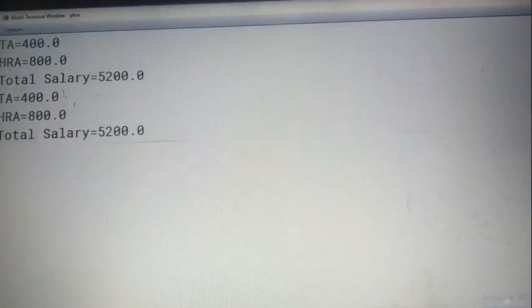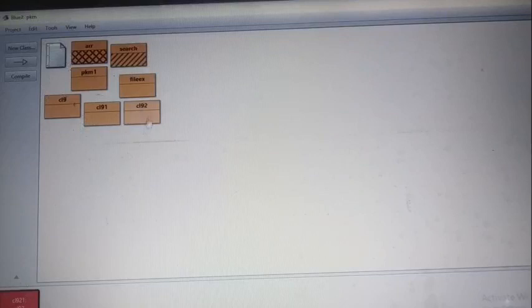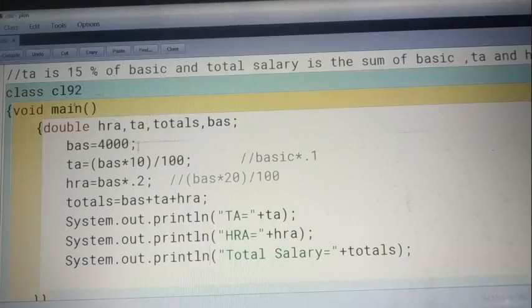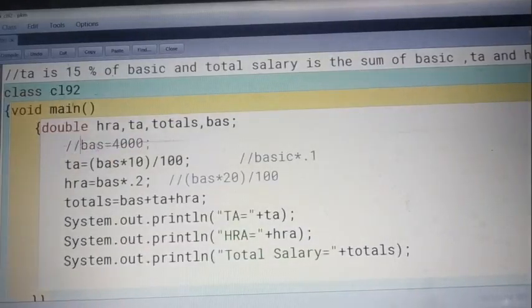I want to calculate the same thing on different basic salaries, so you need not give the basic salary here. Just hide it. You need not give basic here. Delete it.